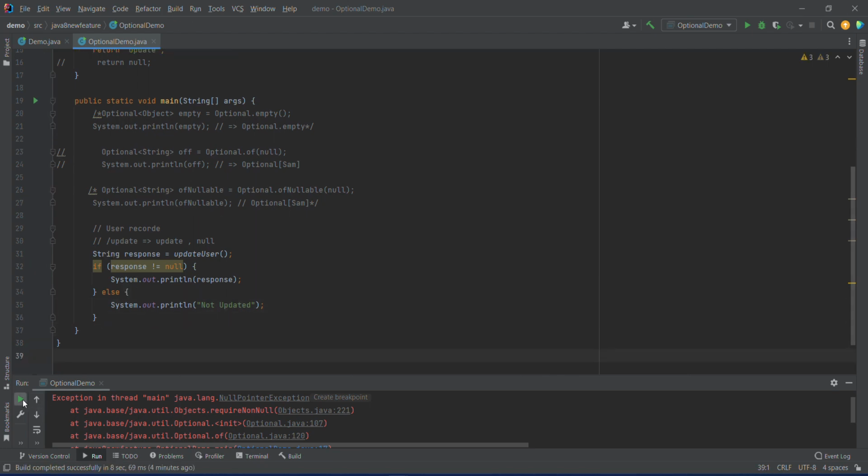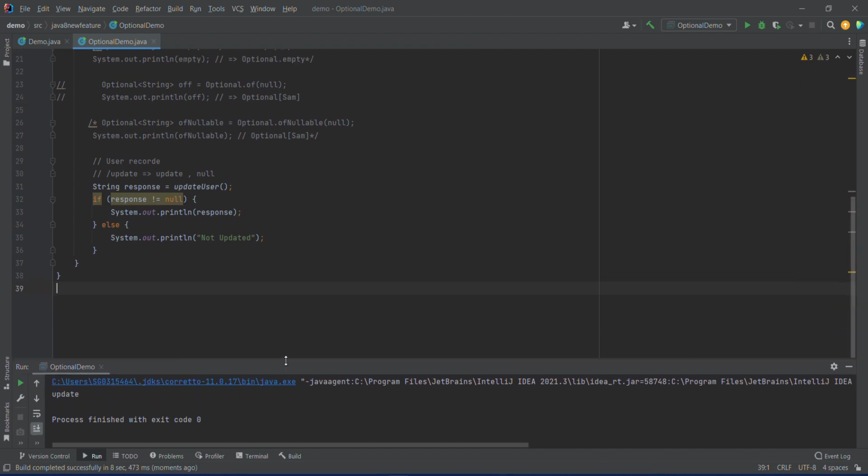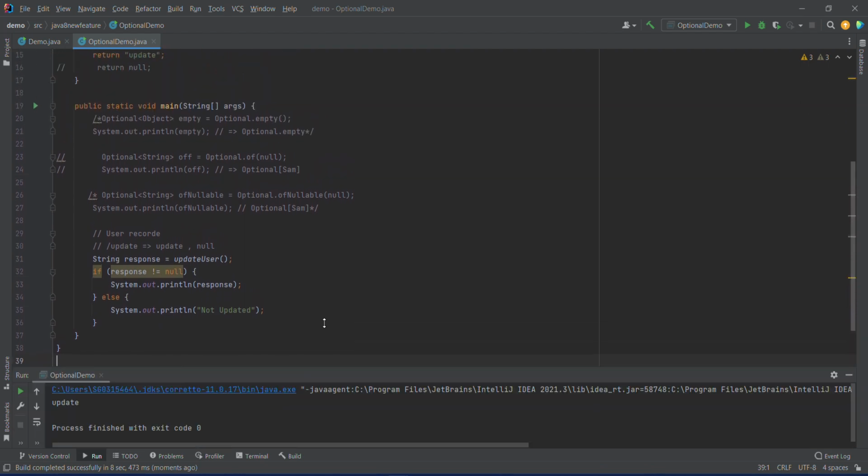Now let's see how it works. Let me rerun the same program. Now build getting started. Okay, now see, the program got executed properly, and we got the output as a